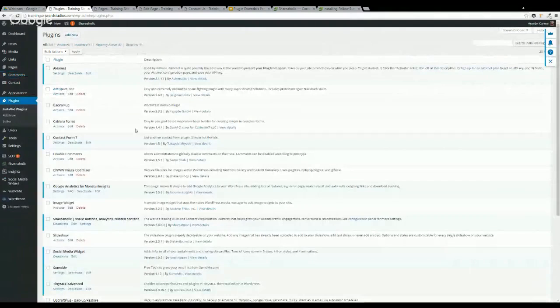Let's look at Antispam Bee. I'm going to go ahead and activate this. I'm not going to show you how to install these. I think I covered that last week on how to install the plugins. Just for a quick review,